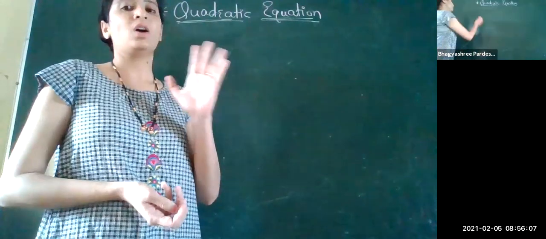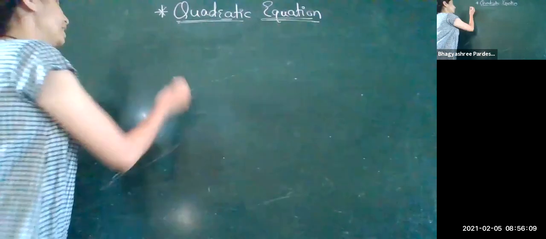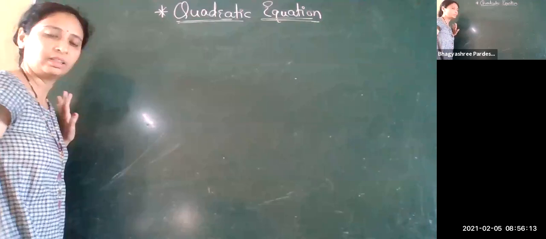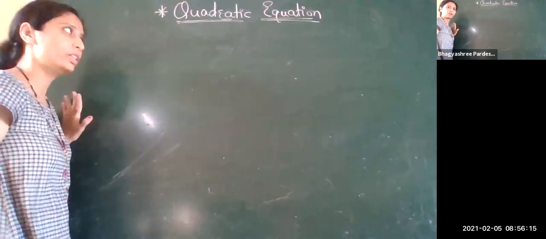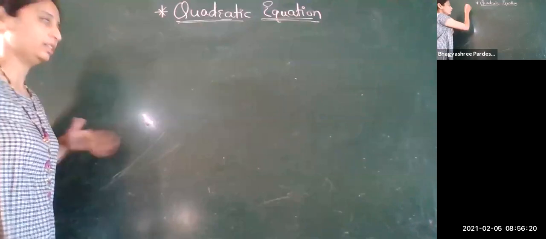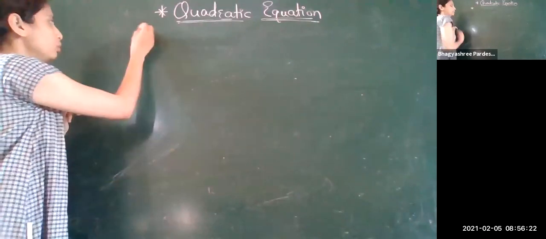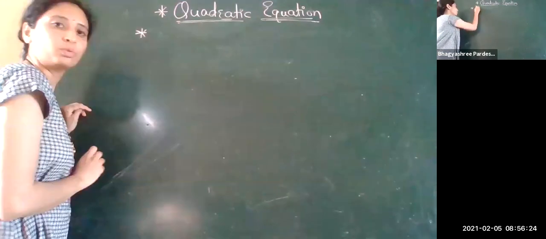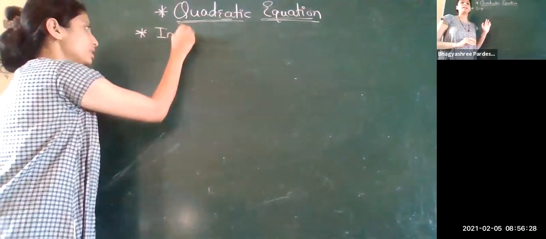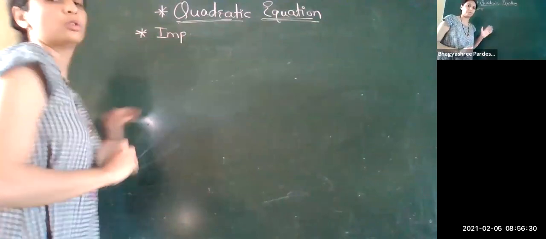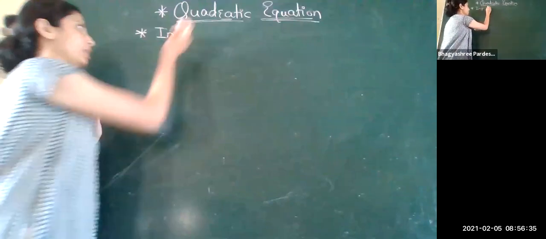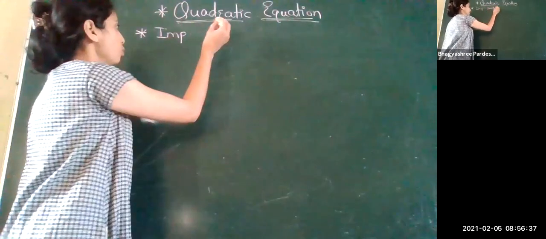Before starting with this lesson, all the doubts, everything is clear in this lesson already. But still, since it is a revision part, we must know what to remember in this lesson. So we are starting with the most important points that we must remember, so that we can easily solve all the examples which can be asked based on this lesson. What are the important points to remember in this lesson?